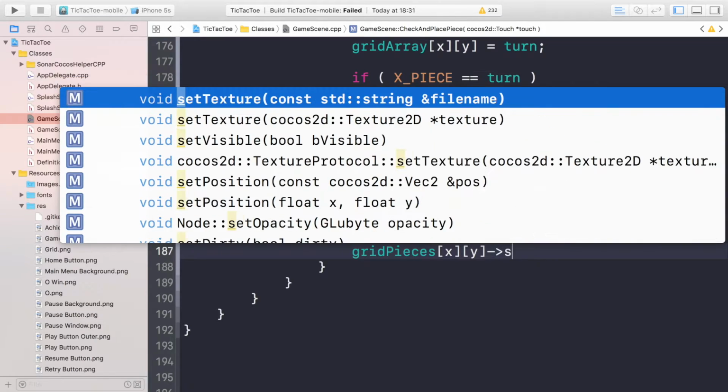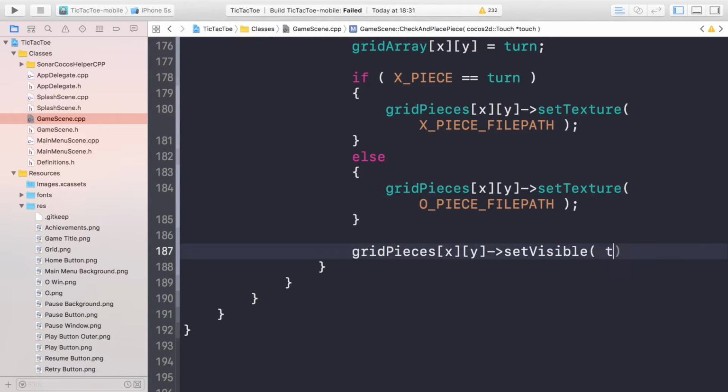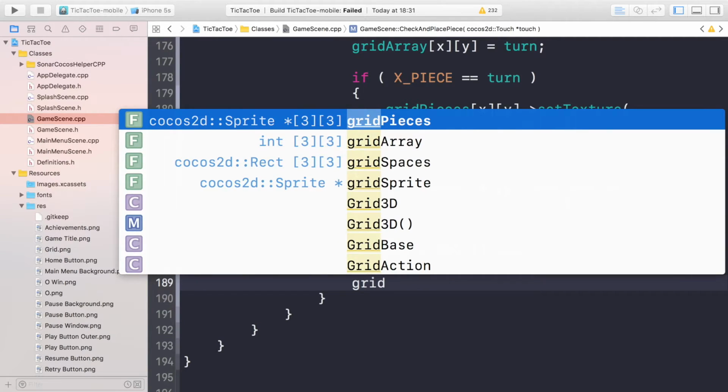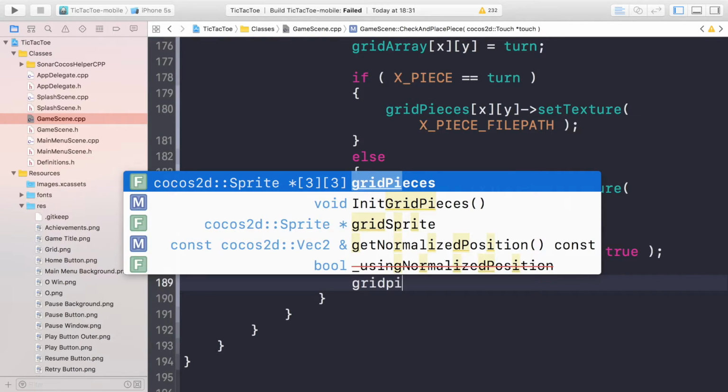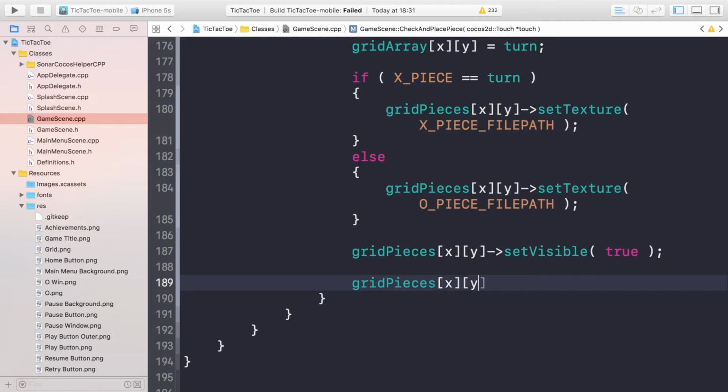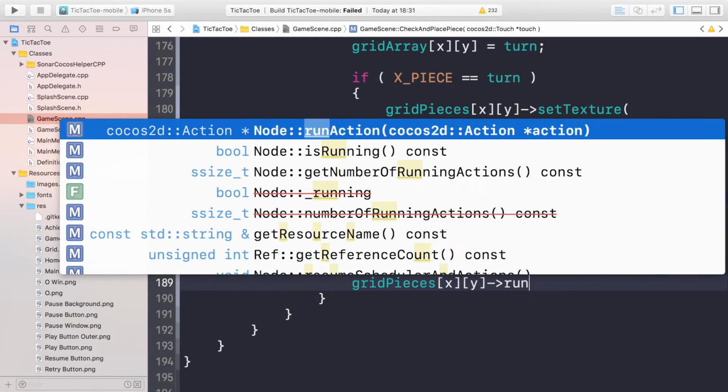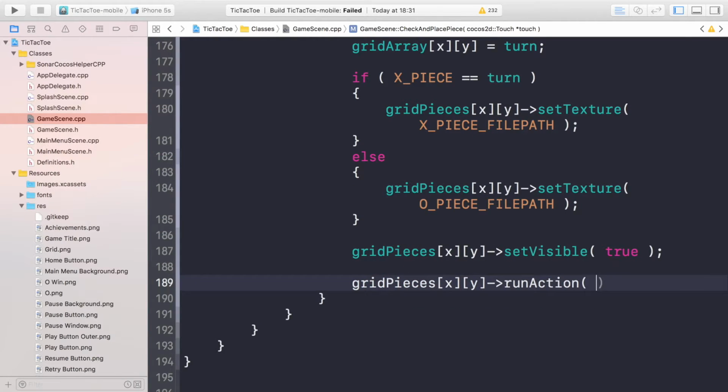So set visible to true. Remember, we still won't be able to see it because the opacity is off. So what we're going to do, we could set the opacity to 100%, but we don't want to do that. We want to do grid pieces X, Y, run action. We're going to run an animation, and the animation is going to consist of a